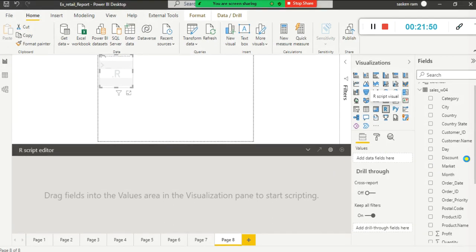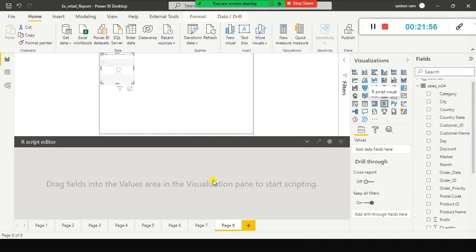So next, I don't know how many of you are familiar with R script. If you don't know, don't worry. You just watch, you'll be able to answer. So visualization script. When I selected R script and dragged and dropped it here, it automatically opens the R script editor. But it was prompting us to enable this one. Since I selected enable, now the R script editor is enabled here.